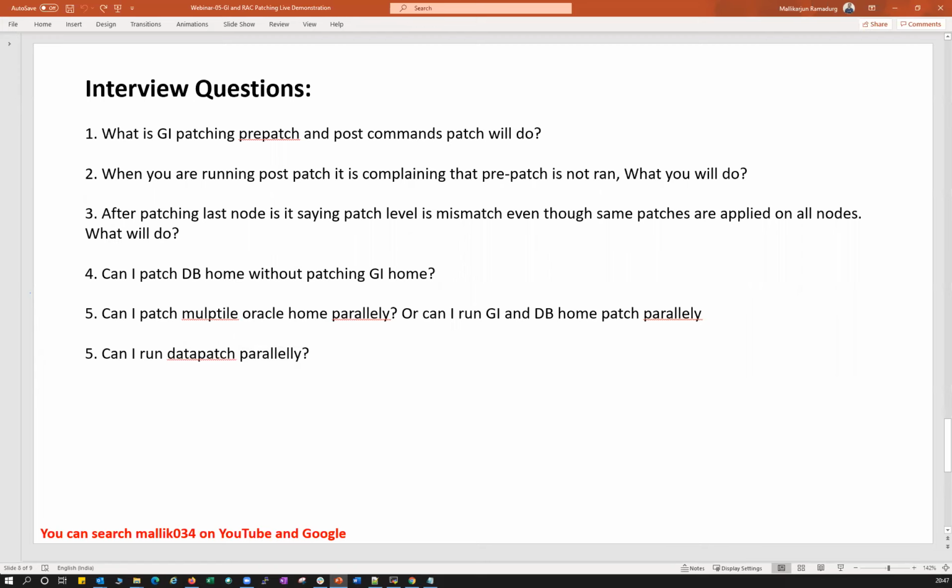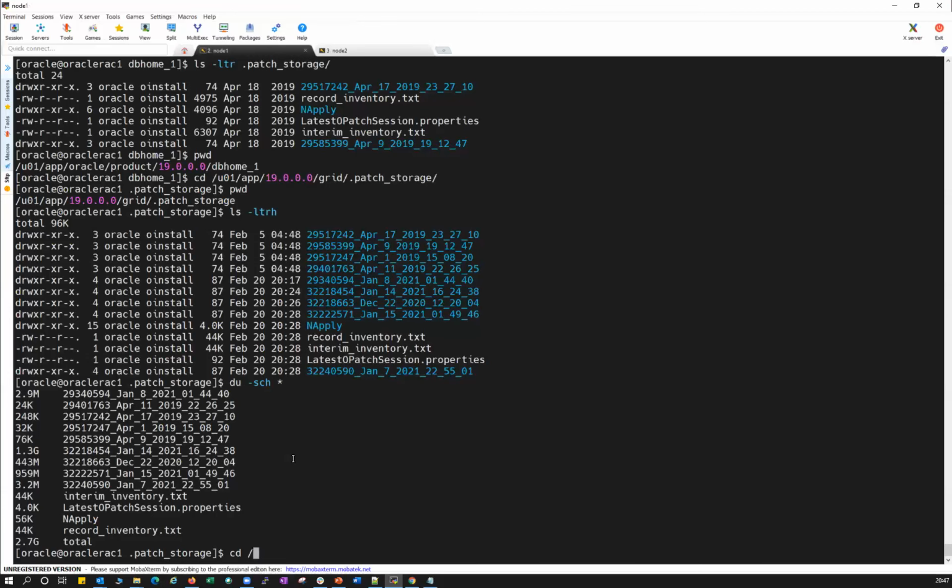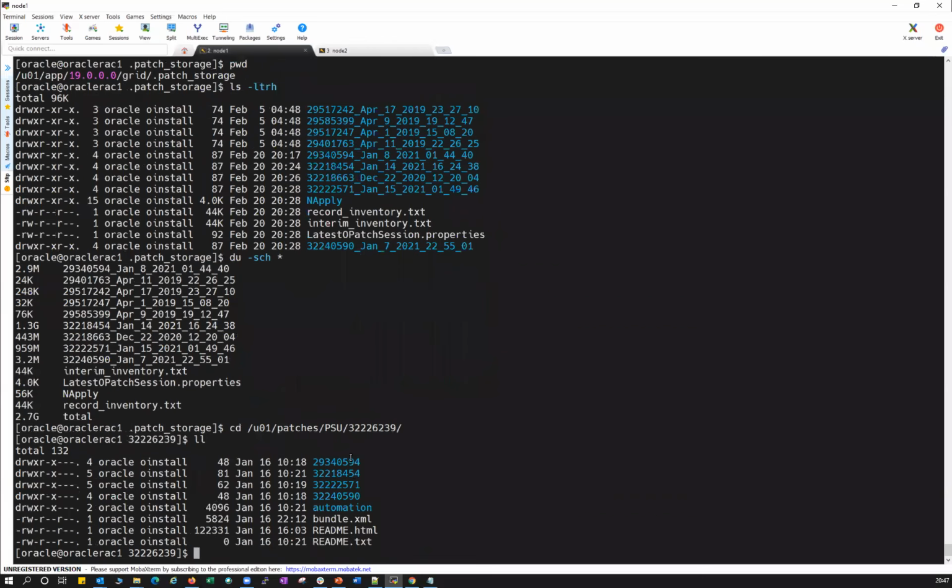Okay, Kalyan, what is the difference between napply and apply? If you do just apply, what will it do? Let me go back to my patch location here. Where is that patch? Okay, u01, patches, psu. Right, so these are my sub patches. These are like 5 patches.